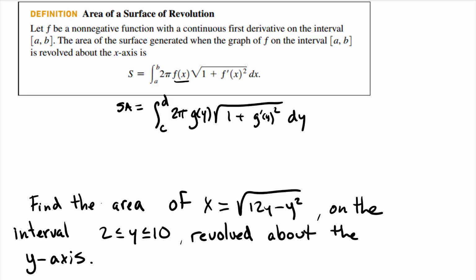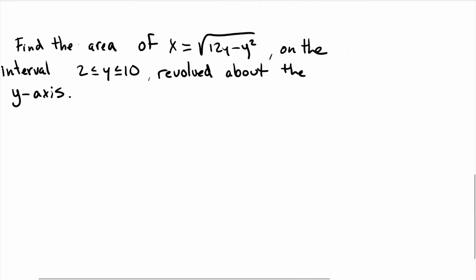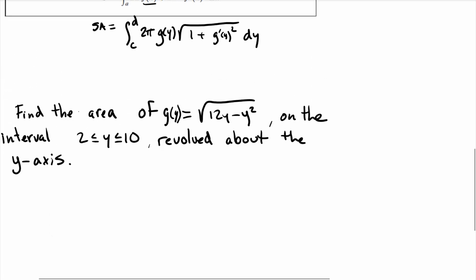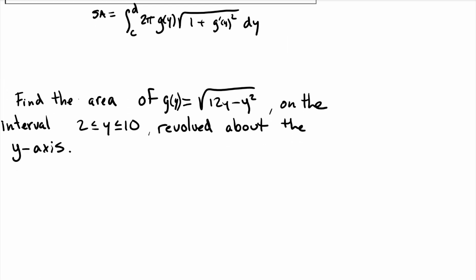Same types of problems as before. Let's get it. So I'd like to change this x and just call it g prime of y, or g prime, just g of y. And then we need to plug into our formula here. So first thing we're going to need, actually let me leave that right there. Cool, we're going to need our g prime of y. So g prime of y is going to be equal to,